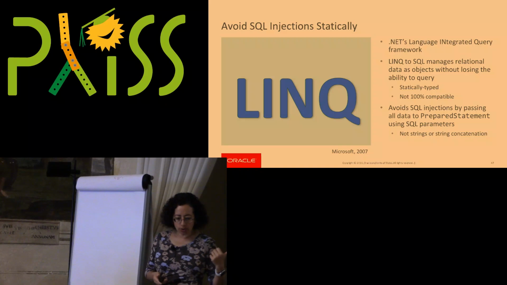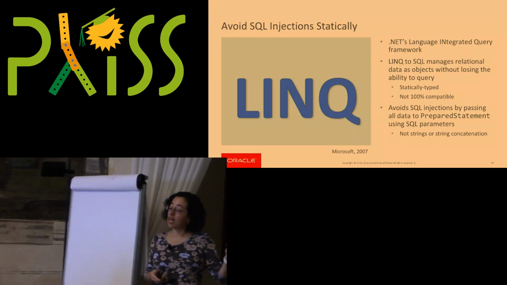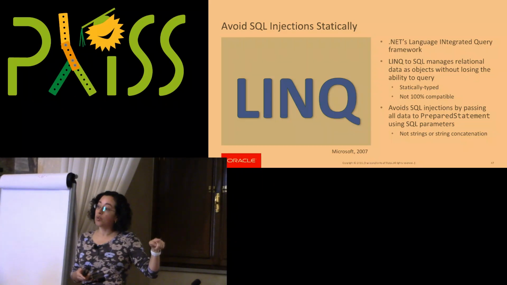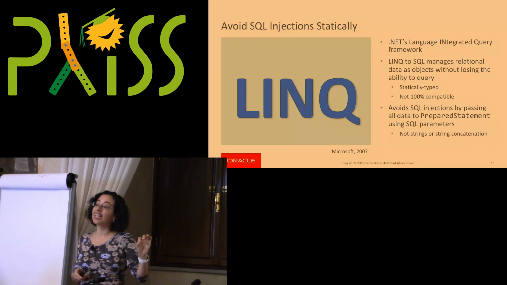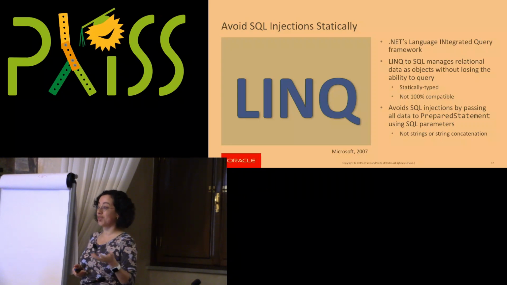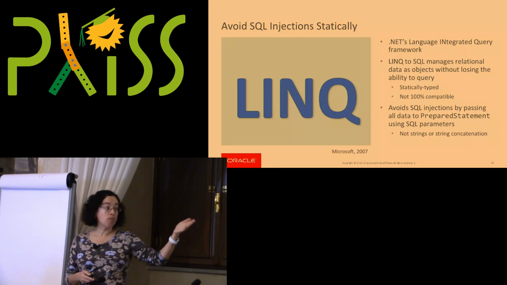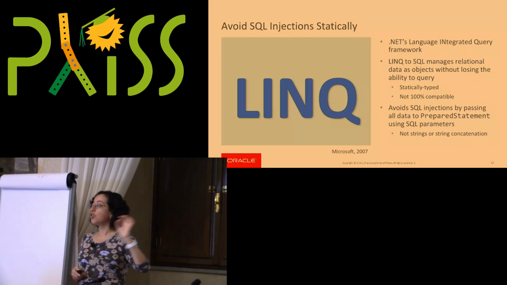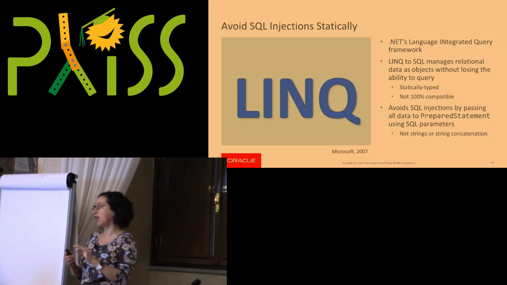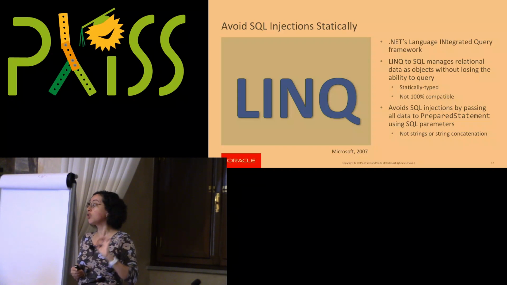So the code underneath the hood is never going to have the string concatenation that most developers normally use in other languages, and so it prevents most of the issues. It's not 100% compatible with SQL, so you cannot write all queries this way, but you can write most of the queries this way. So it's a pretty good solution.